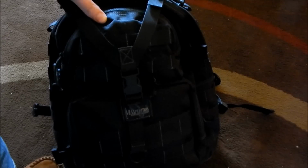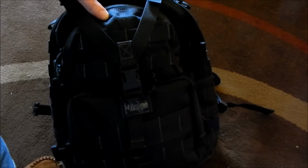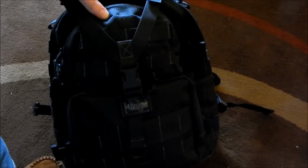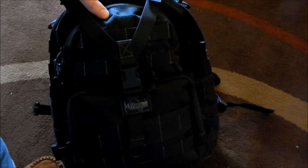Alrighty guys, I wanted to do a quick video on my EDC bag. This is a fairly new concept for me. I've always wanted to have an EDC bag and I just never put one together. I made a few attempts at times, and halfway through building it I'd end up robbing something out of it for a different kit or something like that. So I finally got one put together and I kind of